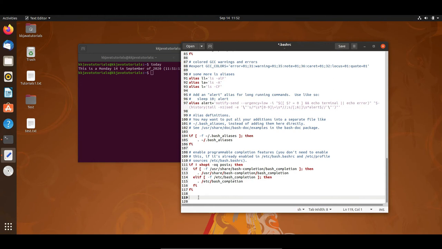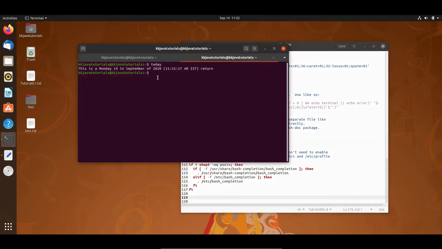For example, here I'm writing whoami. If I press enter, this gives my username. This is my username through which I have logged in. If you look into the command prompt, this is nothing but the username, and after that we have the @ sign, and after that again you can see KK Java tutorials. This is nothing but my host name, or you can say remote host name.